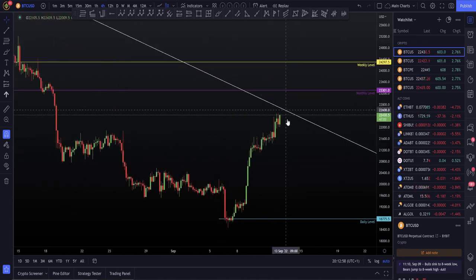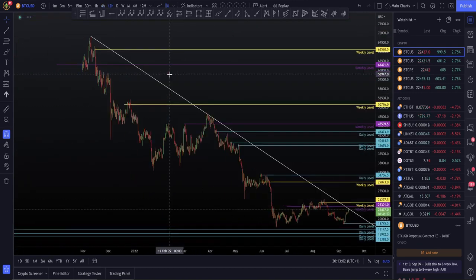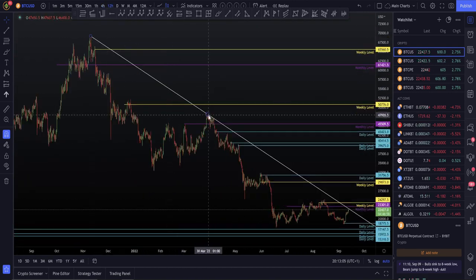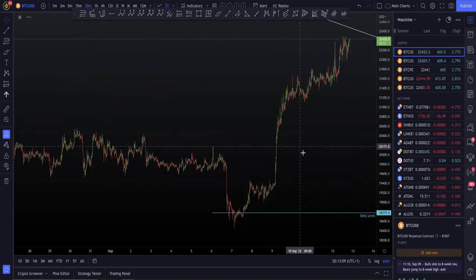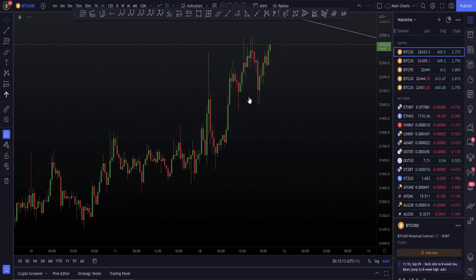Right, we can currently see we are coming up to a very nice trend line. You can see this trend line from $69,000, connecting the next high. We're currently coming up into this. So you're going to be looking at this bump and run pattern. The bump and run pattern is a bullish bottoming pattern.